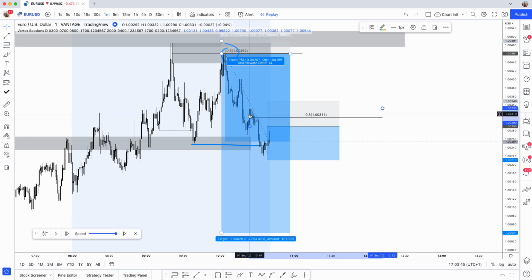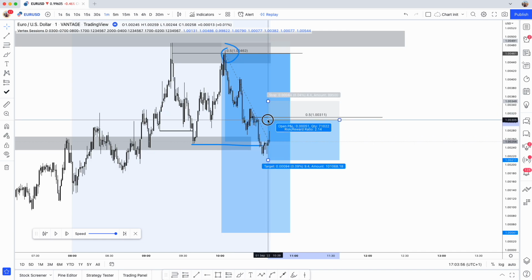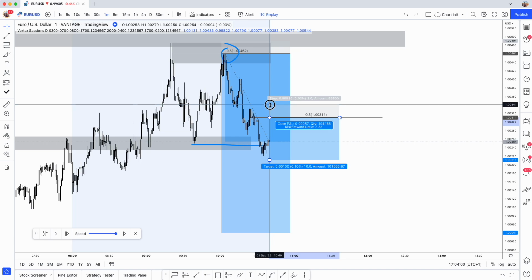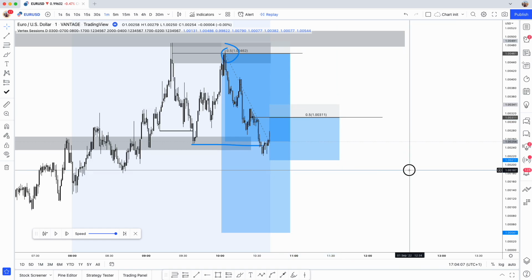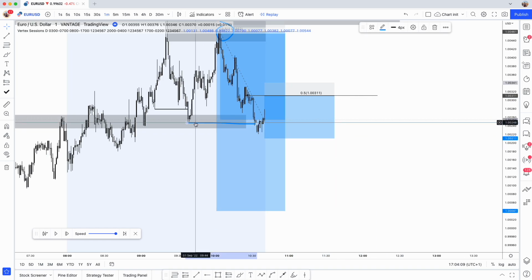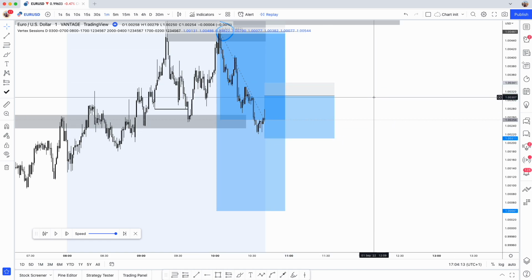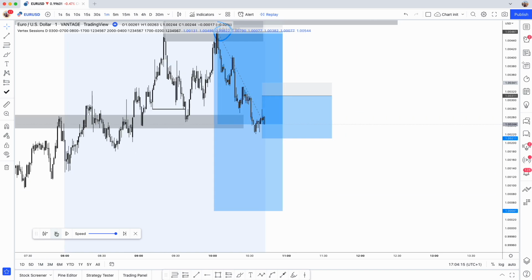The reason why I'm using this one and not this one, that's the refinement. The range high is all the way here. So in any way, you're going to refine, you're going to end up covering the range high with your stop loss anyway. So in terms of my 50%, we could put this here, and then I think we could do a 3 pip on this one. You can't do 2, can you? No, you can't squeeze 2. So we do 3 pips on this one. Get rid of this. So this one would be the safer entry and the higher probability one going forward.